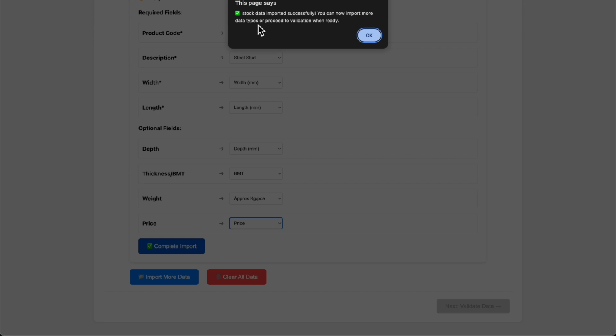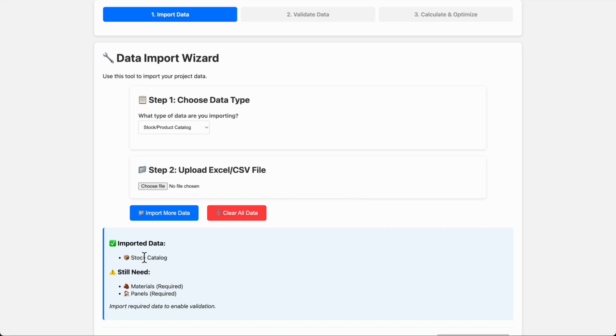It will give you a message: stock data is imported successfully. You can now import more data types. So that's our basic necessity. What stock are we going to be measuring all of our panels against? So the next thing we want is, what are our panels made from? So let's